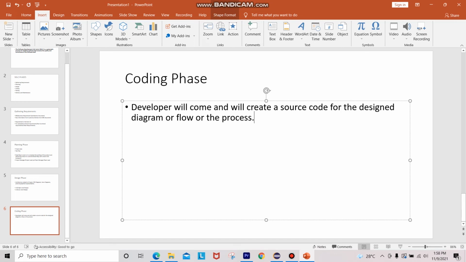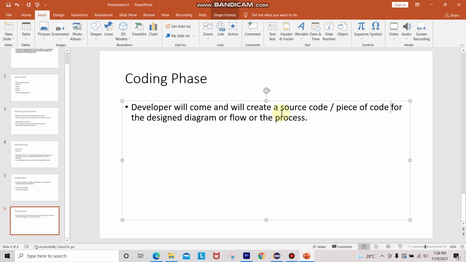So in the coding phase, the developer will create source code or a piece of code for the design diagram or flow or the process.